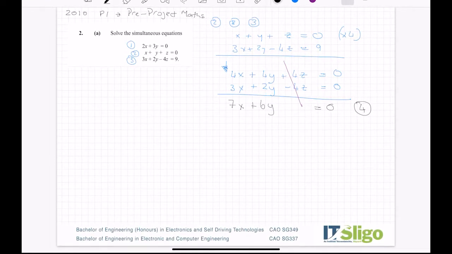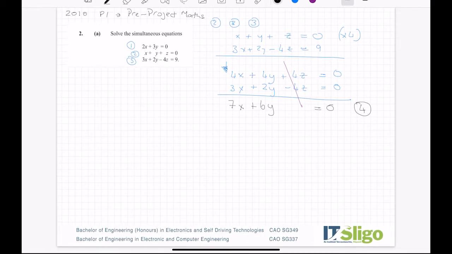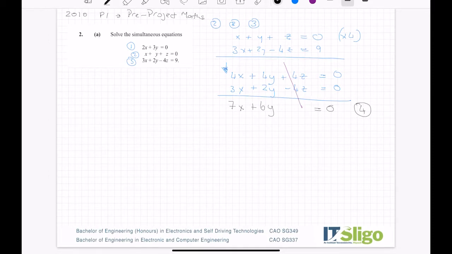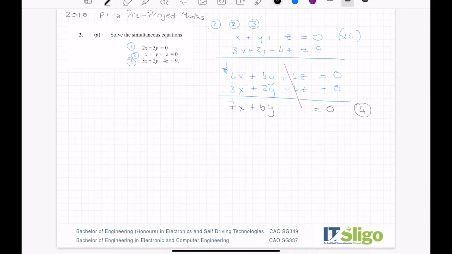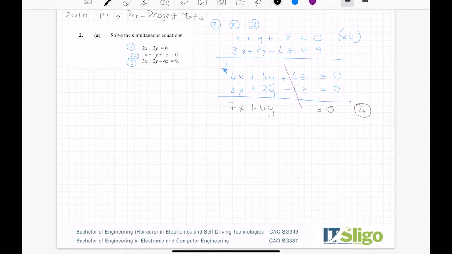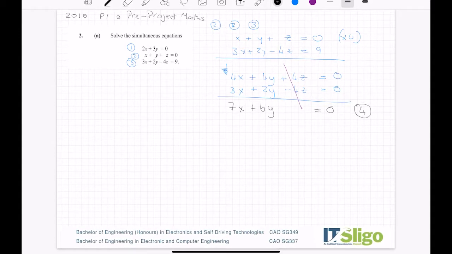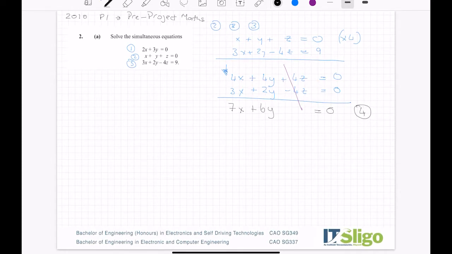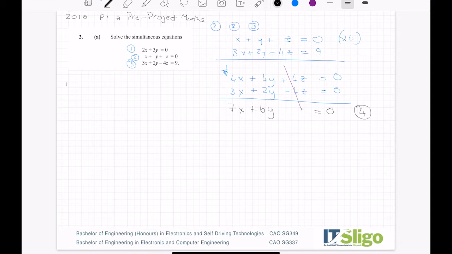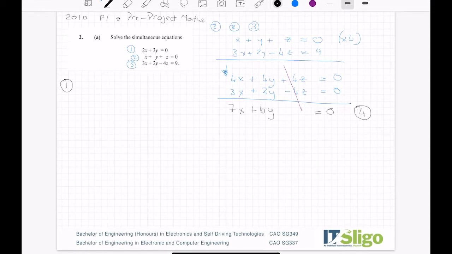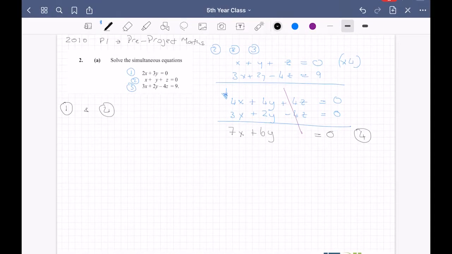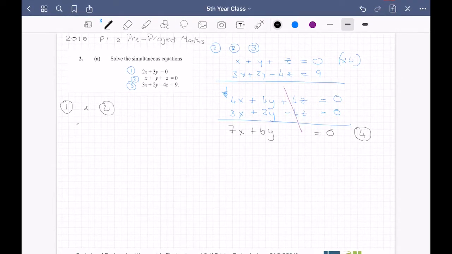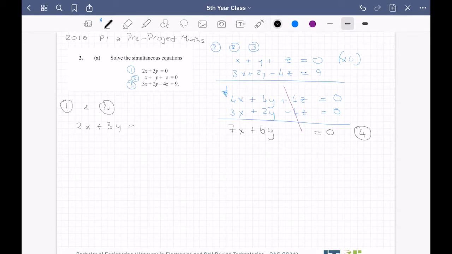In a normal one, I would have chosen equation 1 because I hadn't used it, and either 2 or 3, and I would have done the same process, cancel the z's, to create equation 5, and then I would bring 4 and 5 together. But I don't need to create equation 5 in this one because equation 1 is already minus any z's. So instead I bring that equation 1 and this new equation 4 together, so that I get 2x plus 3y being equal to 0